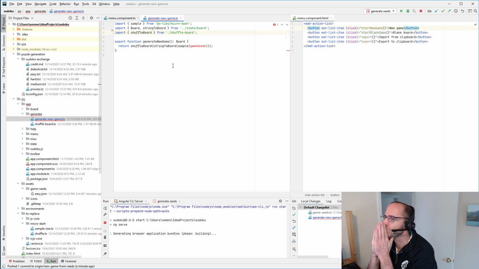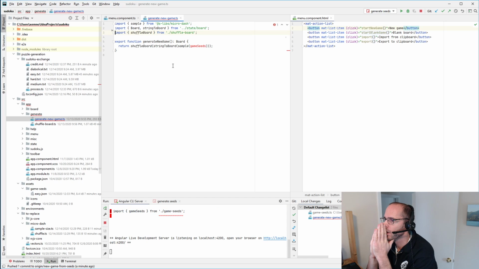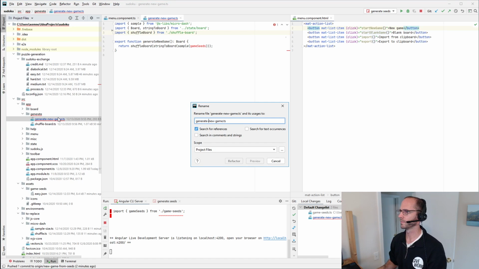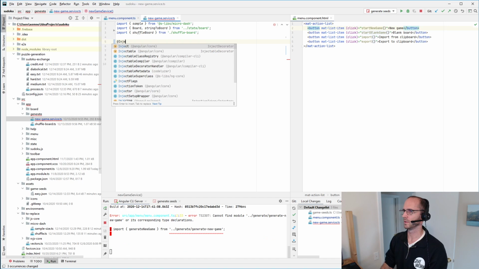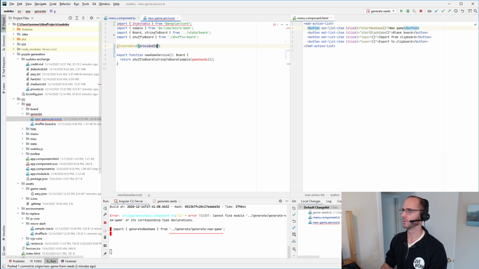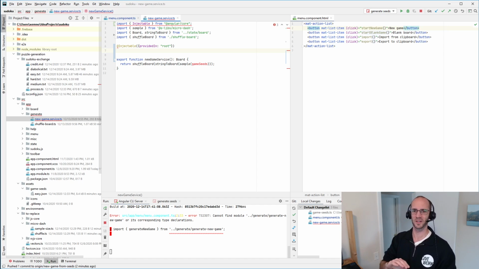So instead, we want to fetch our JSON file over HTTP. And we're in Angular, so let's do that with the HTTP client, which means we want this to be a service, not just a loose function like this. So let's call this the new game service. Let's make an injectable here, provided in root, because that's the standard. I don't have to explain that. At work, we often provide from components, but that's more of a special case. So provide from root. You are all used to that. Export class new game service,